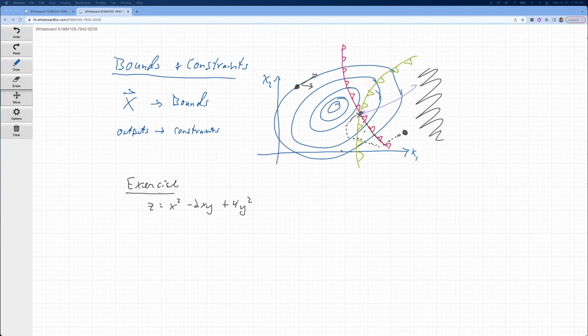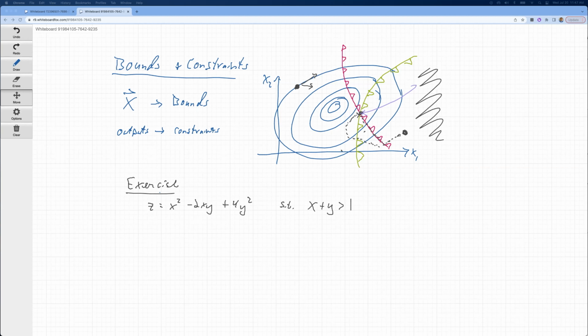I think sometimes they say s.t., subject to, or no, such that. Well, either way, we're going to add a constraint that x plus y has to remain greater than 1. Okay, so that's a constraint that we're putting on this, and let's put this into Excel and see what happens.